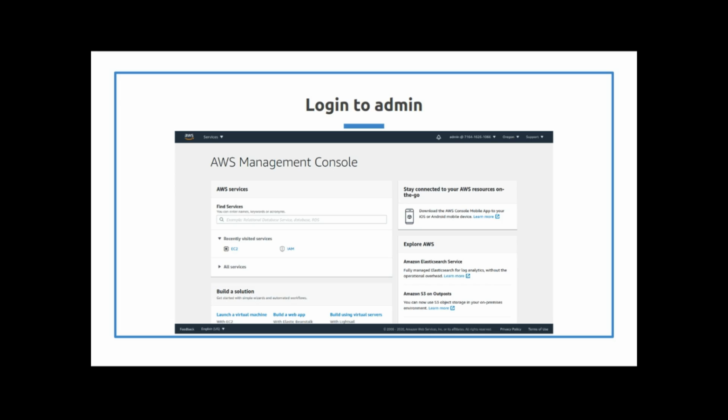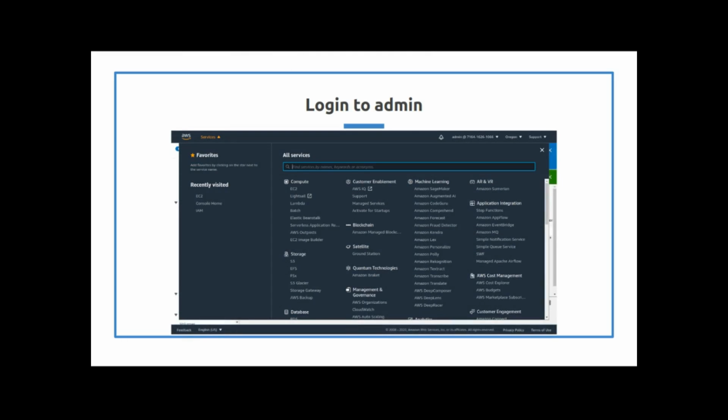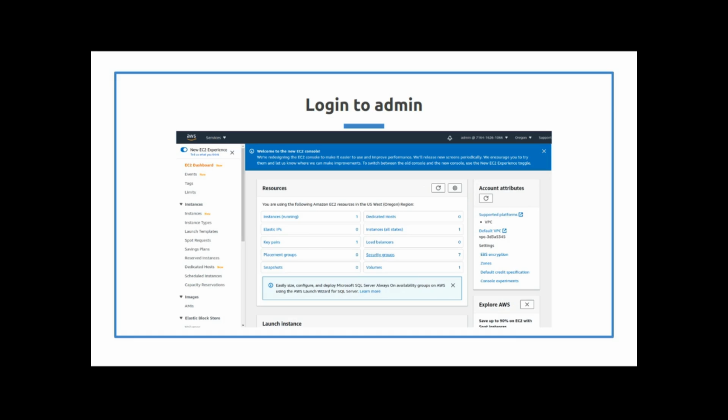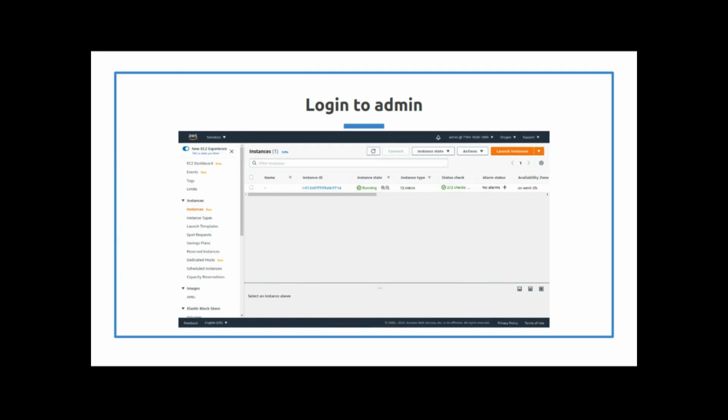And then, as you can see in the top right, you're now admin. So let's see how it's different with admin, right? Let's click on services. Let's go to EC2. We want to go into instances. And again, he can see the EC2 instance running.